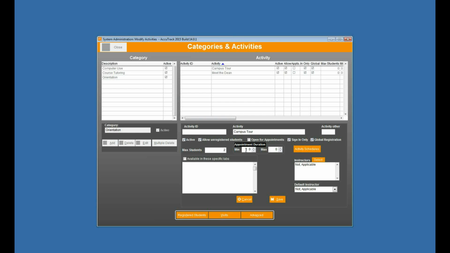Student 1 signs in, they go take the tour. Student 2 does the same thing. Student 3, it will say the activity is full, and it will put them in a waiting list until a student signs out and frees up a seat